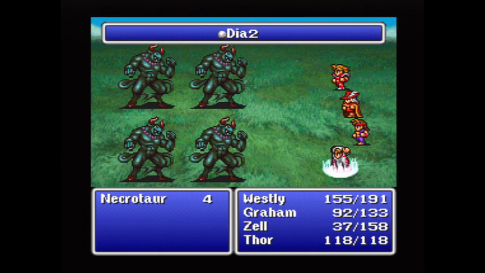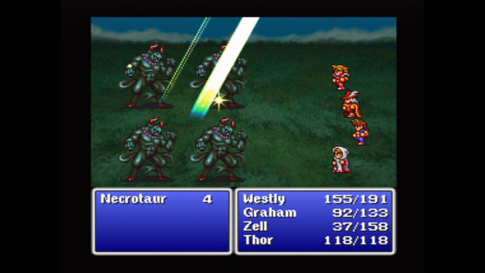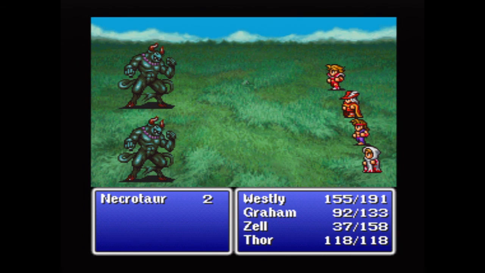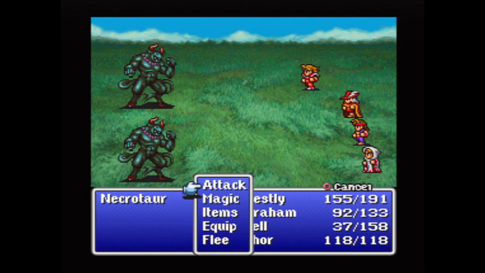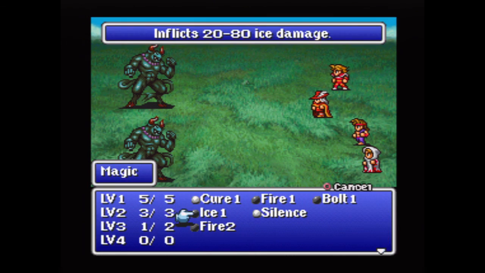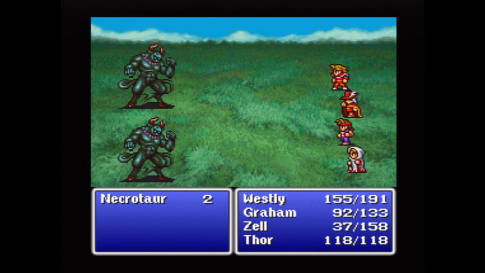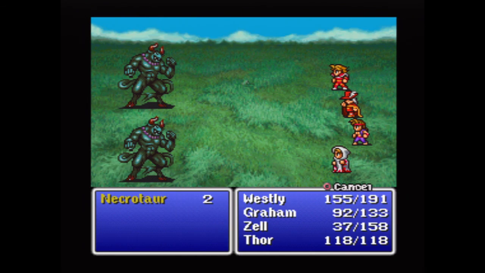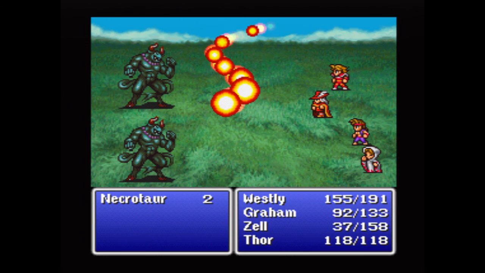If you get a preemptive strike, it might be worth trying to wipe them all out with a Fire 2 spell, but again, our focus here is the Necrotars, and right now, with only the 2 Fire 2 spell charges, it may be a good idea just to save them for these types of battles. So yeah. And probably only need one more of them, but...